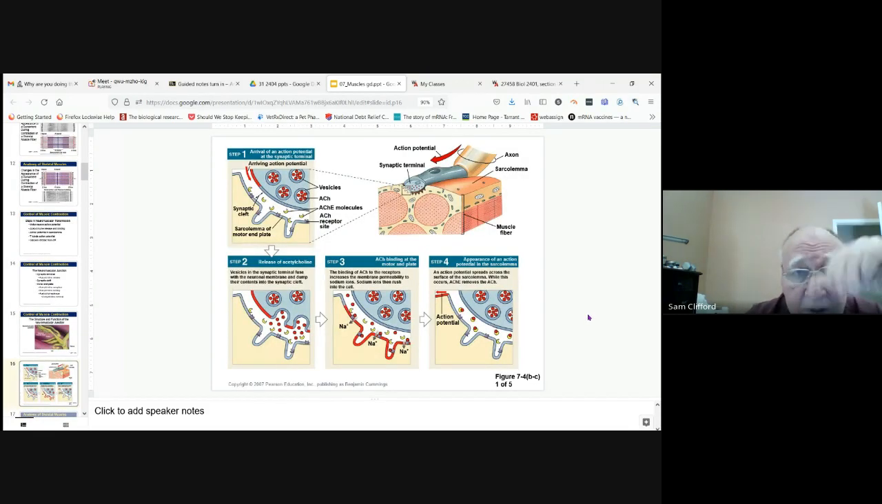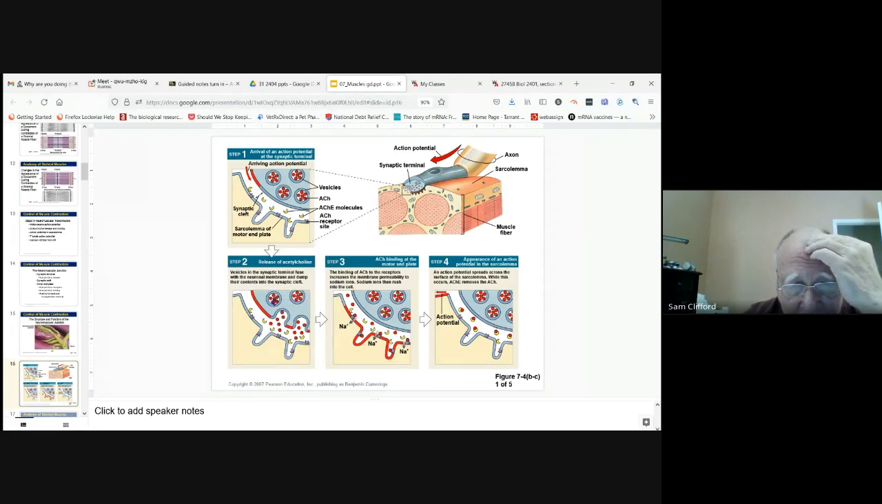So if you look at a sequential image of the synaptic cleft, the motor end plate, the sarcolemma of the muscle, you can see that the action potential is moving away from the cell body. It's going to get to the synaptic terminals. There's going to be acetylcholinesterase, and there's also going to be receptors. So as the nerve potential or the voltage changes at the synaptic terminal,